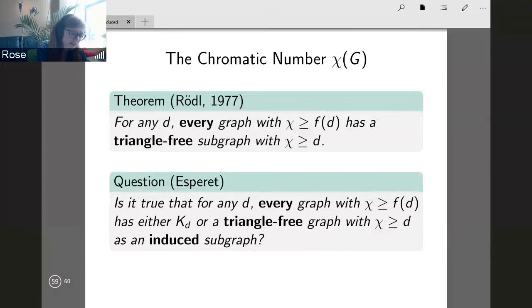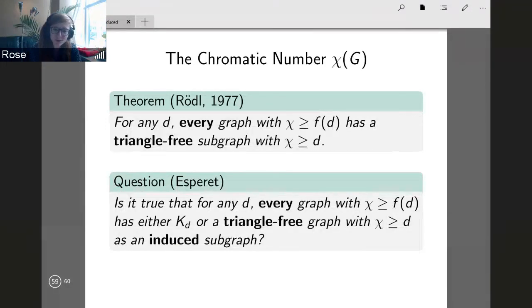That is, Rödl proved that for any D, every graph with chromatic number sufficiently large as a function of D has a triangle-free subgraph of chromatic number at least D. And then there's a question, I think it's due to Esperet, but if anyone knows, because I haven't actually seen this in a paper, if anyone has a better reference for where this actually comes from, I'd like to hear it. But it's a question that